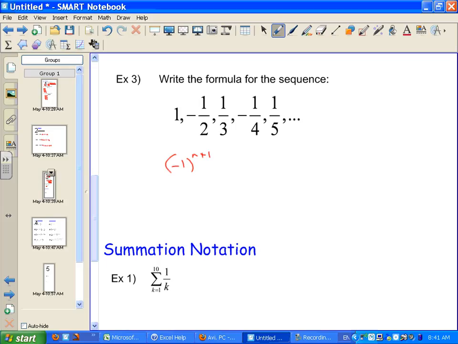Positive, because it's going to be a negative 1 squared, which is positive. Did I want to be positive first? Yes. Okay, so I know that that's going to work. Times,